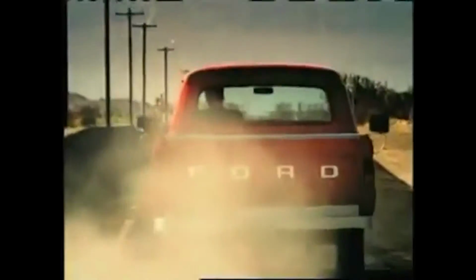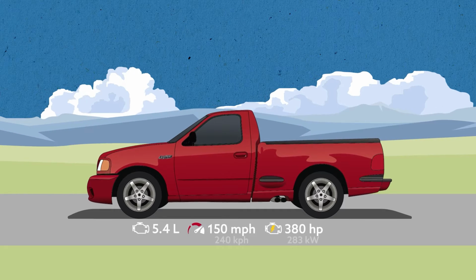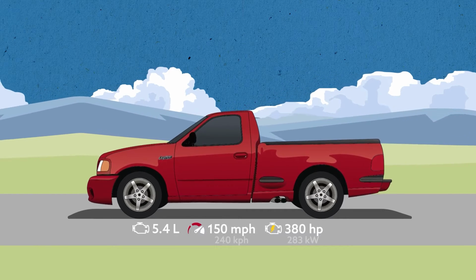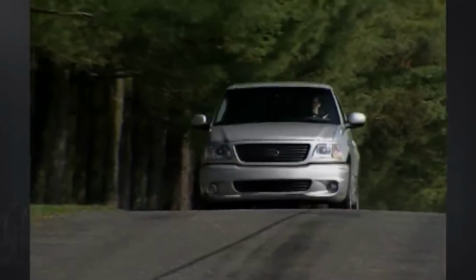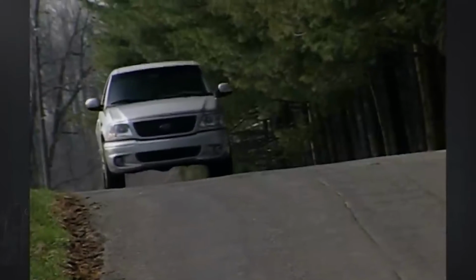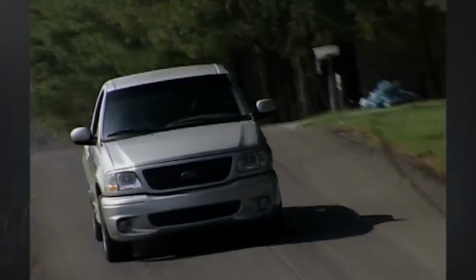The driving experience was also noticeably more car-like. Ford experienced tremendous growth in sales during this time. Although the SVT Lightning returned for the 1999 model year, it really made its bones in 2001. Offering 380 horsepower and 450 pound-feet of twist, it was the most powerful production passenger vehicle sold in the United